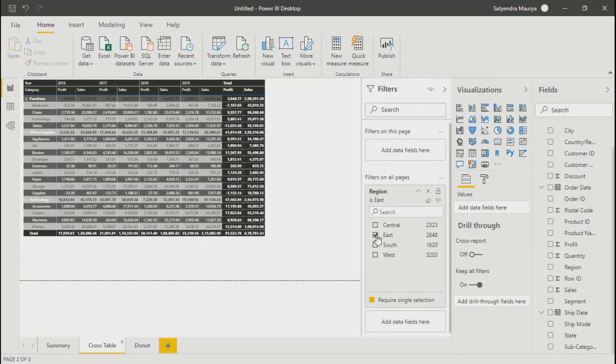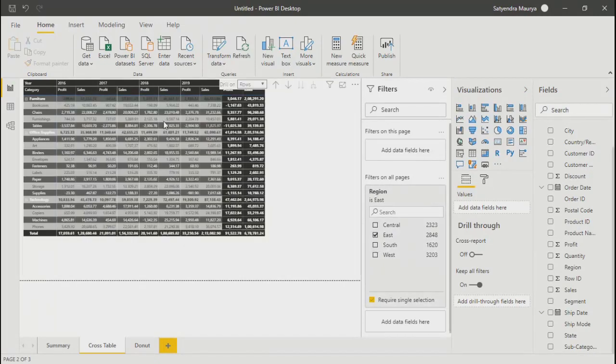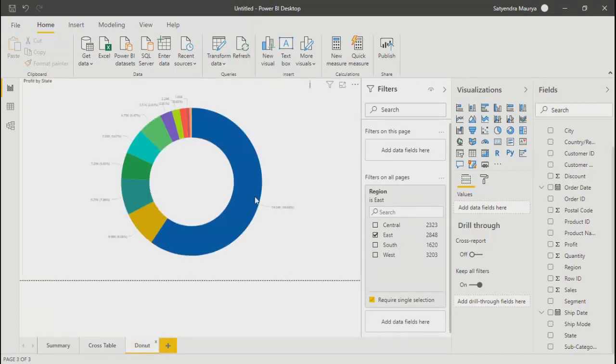Maybe we can see by changing the values over here. The values are changing, which means it is applicable to this page as well. Because only East is selected, I'll go to Donut. You will see very few cities or states over here, which means your filter can be applicable to a particular chart, a particular page,